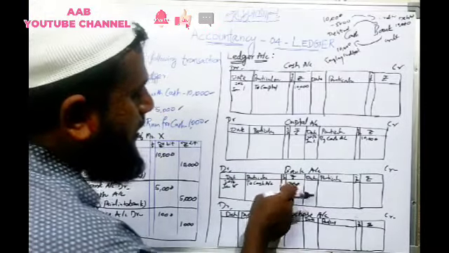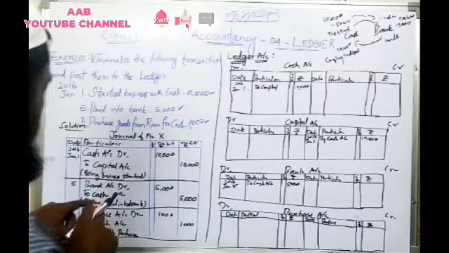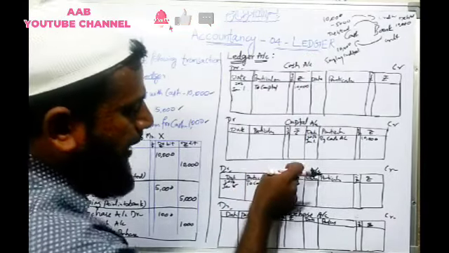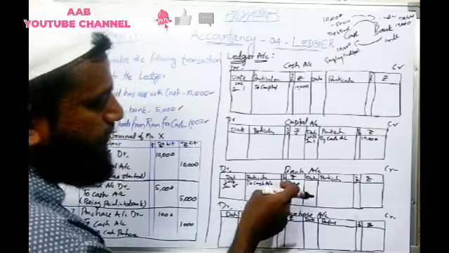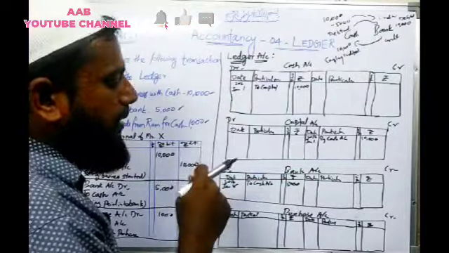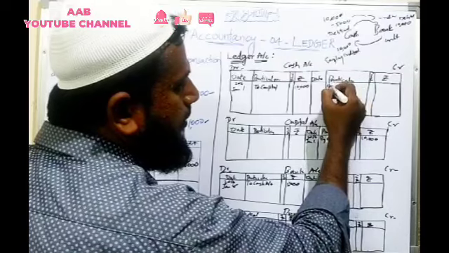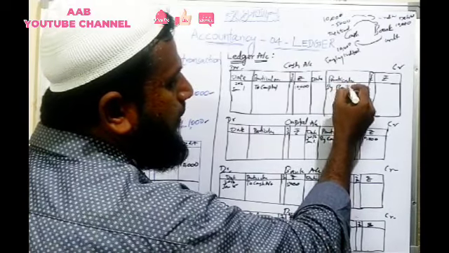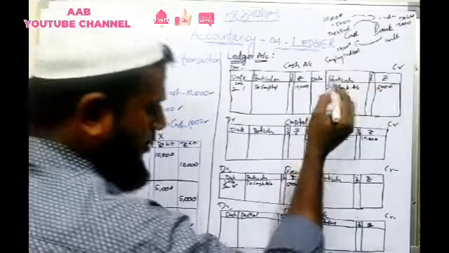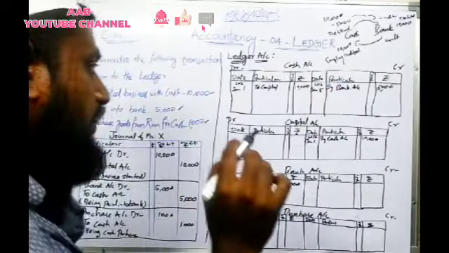Okay, so 5,000 rupees is credited to the creditor side. Then at the same time, what is happening in the cash account? Cash will be deposited in the bank. So at the same time in the cash book we have to maintain it. I will deposit 5,000 rupees from where? Bank account. So by bank account, 5,000 rupees will be paid. So this is the writing procedure. So 2016, January 5. Date, month, year is very, very important.